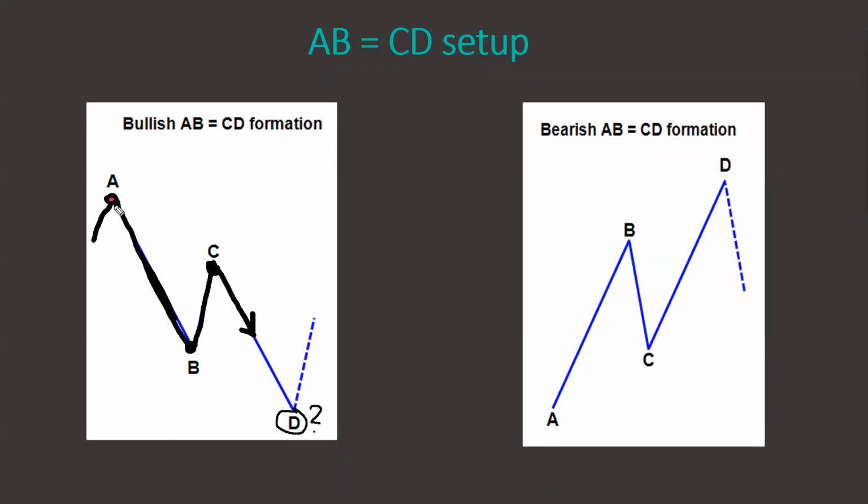And the way to find it is this. You measure the distance from A to B, right? Pip distance between those 2 points. So let's say that in this case, we measured it and it was 50 pips. By the way, I'm using the Fibo tool for that, so it's pretty quick. So you measure this distance, and what you discover is that from A to B, it's 50 pips. So what you do next is you take the swing point C and measure also 50 pips from the point C. So you measure 50 pips below C.